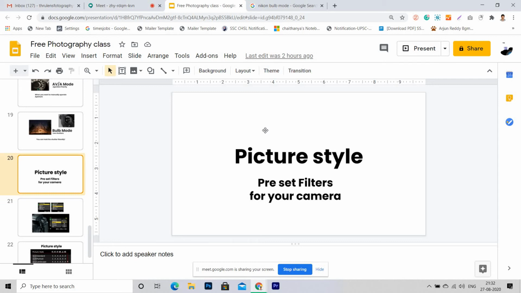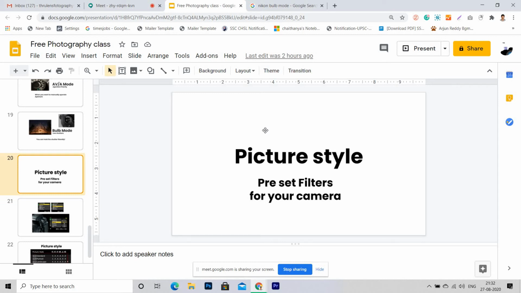Like little pinkish, little greenish, some green kind of shades, or a little HDR kind of style. These things are already available in a phone camera. Even in a DSLR also these functionalities are there, along with white balance.